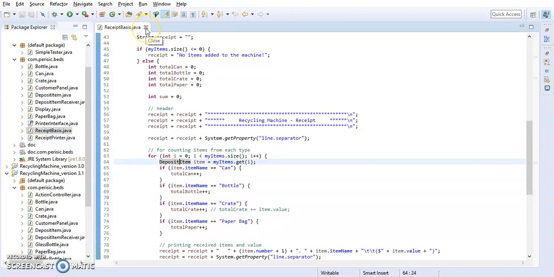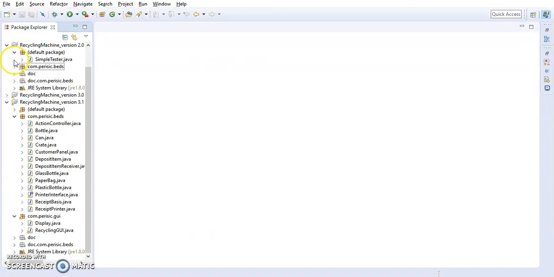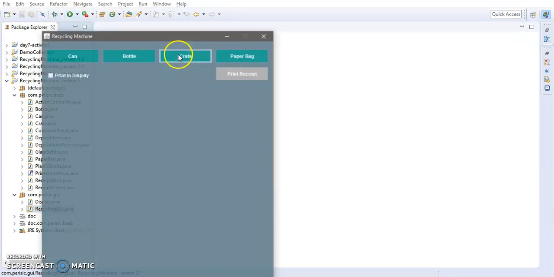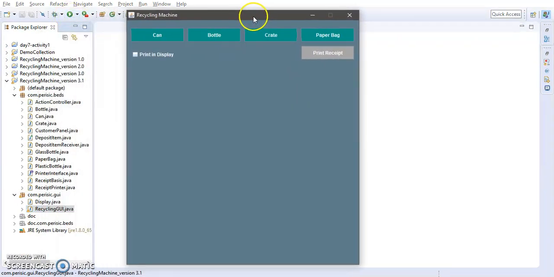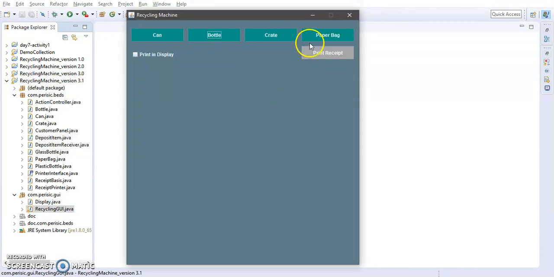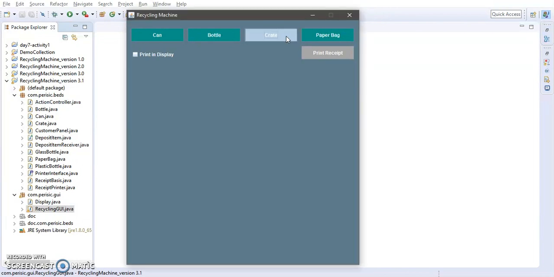Next, let me take you to activity number 3, where you have to add a GUI to the activity. And let me run and show you the program, how it works. This is the program which is modified by me. If you add a can, it says can item added successfully. Click OK. Bottle, same as can, it says added successfully. And if you keep on adding something,